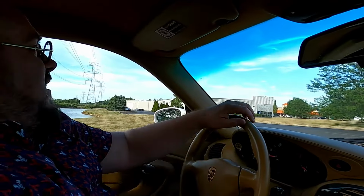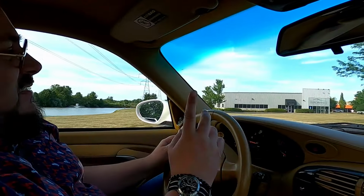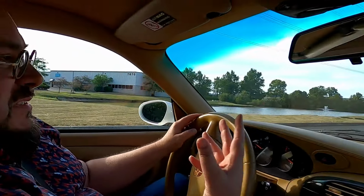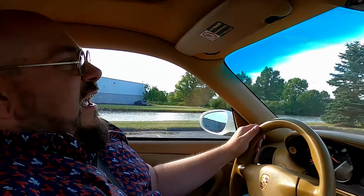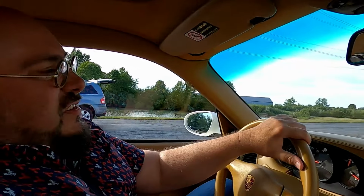Now, not everybody wants to live the life where they have 20 cars. A 911 makes it really nice because you can get a car like this, which for all intents and purposes looks like a 996 GT3. It gets good gas mileage. It does everything you want, and maybe is just exotic enough that one car could be the performance car that you use as a daily and as a Cars and Coffee show car. This definitely has car show vibes,